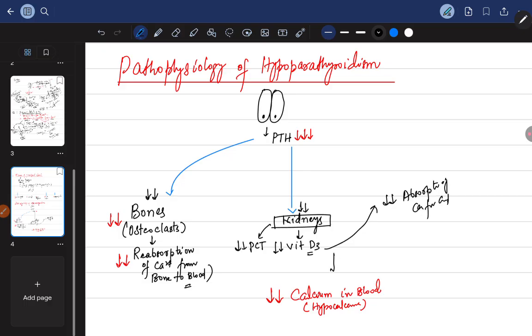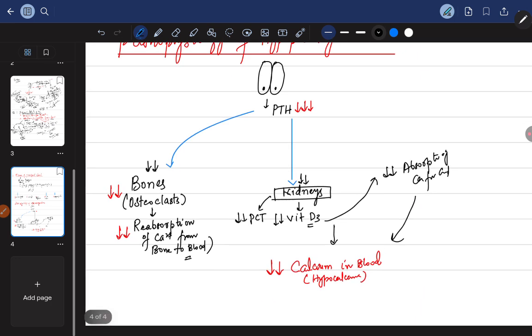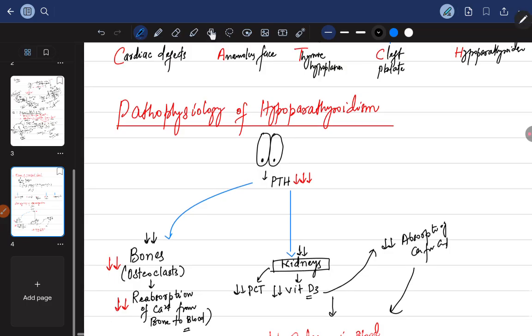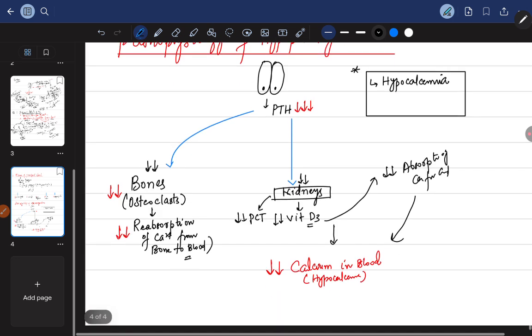So in a nutshell, there will be hypocalcemia. Okay, so one more thing. What we have to remember, a few things. In hypoparathyroidism, remember, there is always hypocalcemia. Okay, and now the second thing is, in hypoparathyroidism,